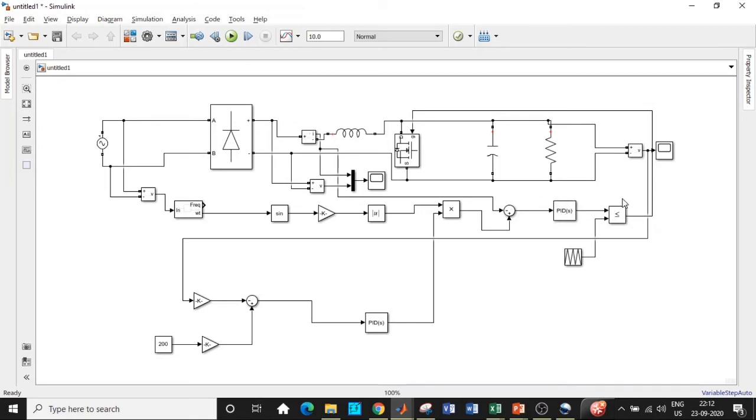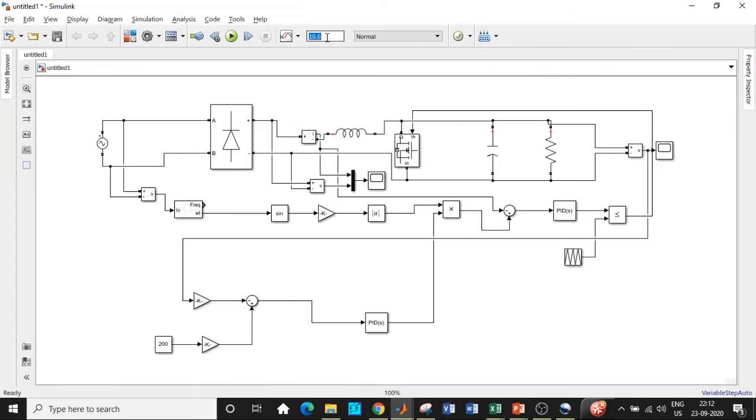and it is given to a comparator. Over here it just operates like a PWM generator, like the sinusoidal pulse width modulation techniques we have studied with respect to inverters, isn't it? So this is a triangular waveform, and you'll have a sinusoidal signal. Both of them are compared. Consequently, the pulses will be given to the gate signals.